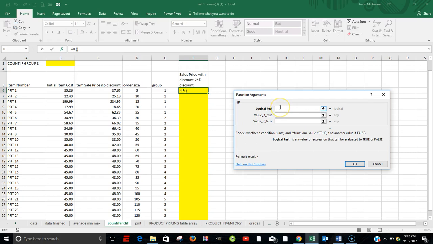Line 1 has to do with the condition, the logical test. So how we're going to create that first line is that if our order size is greater than 50,